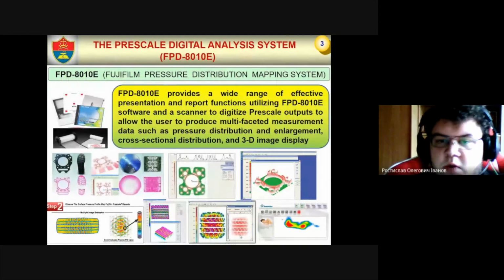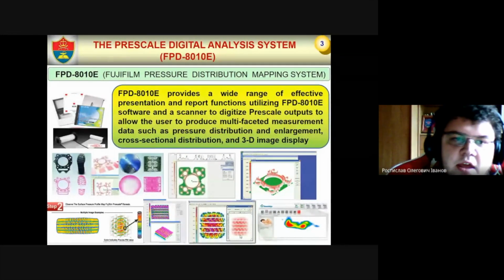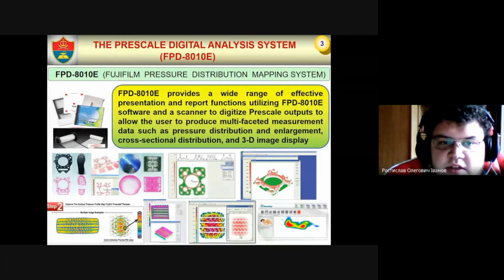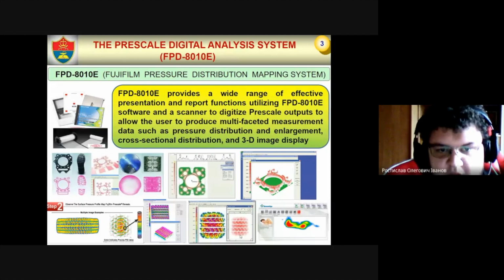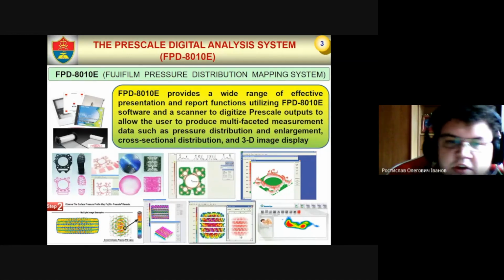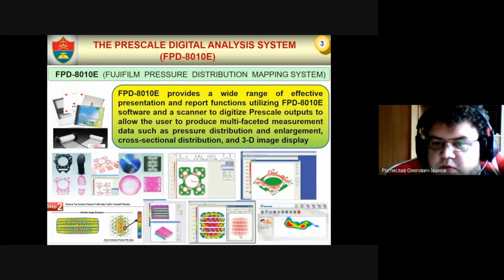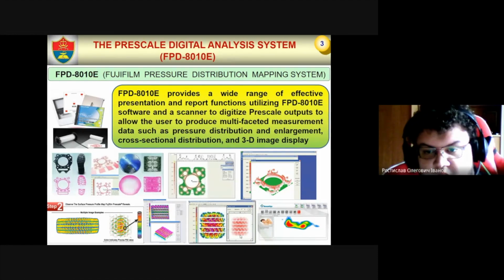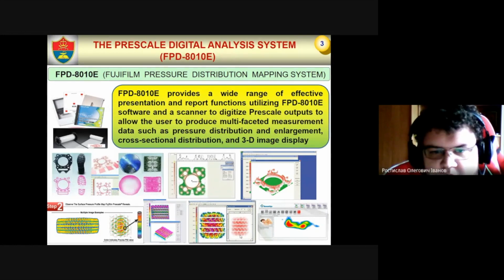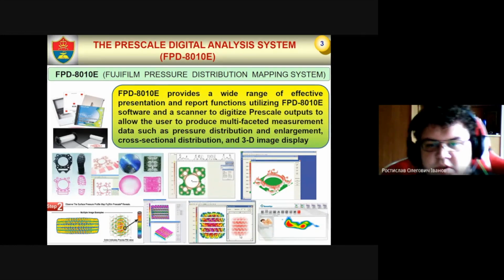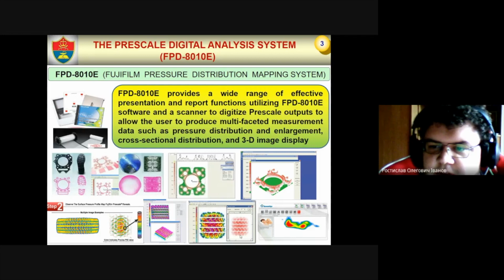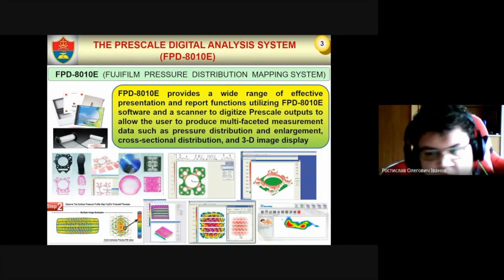In our work, we use the FPD 8010E, which is the Fujifilm pressure distribution mapping system. It provides a wide range of effective presentation and report functions utilizing the FPD 8010E software and a scanner to digitalize prescale outputs to allow the user to produce multifaceted measurement data such as pressure distribution, which we'll use